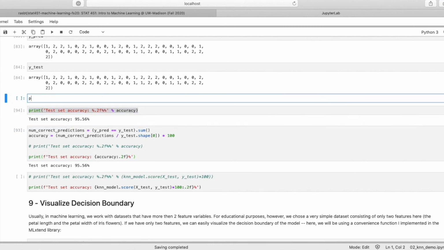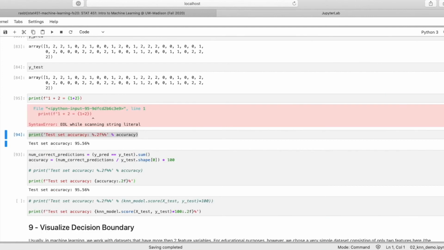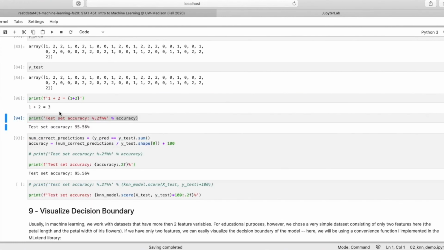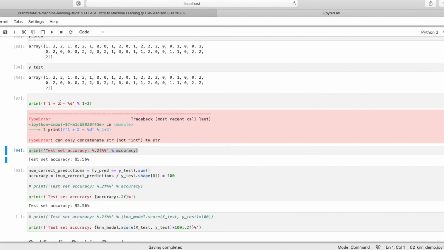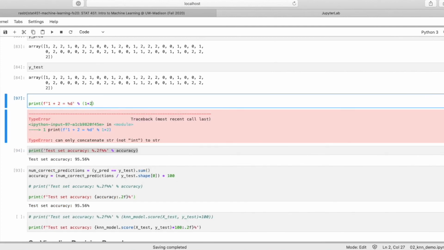You can have, for example, something like 1 plus 2 equals, and then you can actually have a computation right here. Oops, forgot the quotation mark here. You can have the computation right here instead of having a separate result variable. You could actually do it like this too, but oops, see that you have to have extra parentheses.